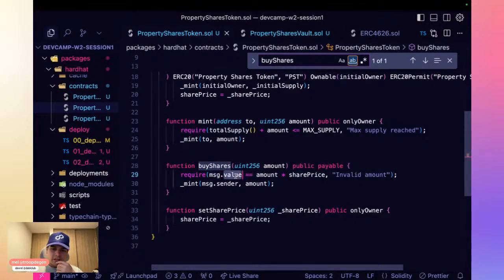Okay. The message value has to be the exact same as amount times the share price.